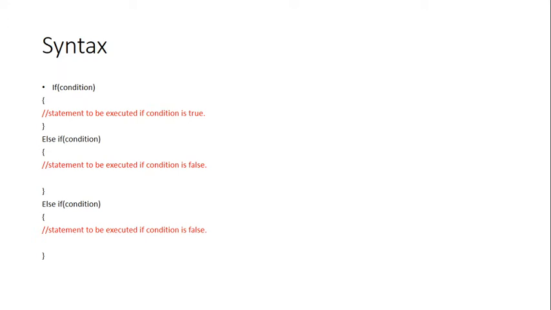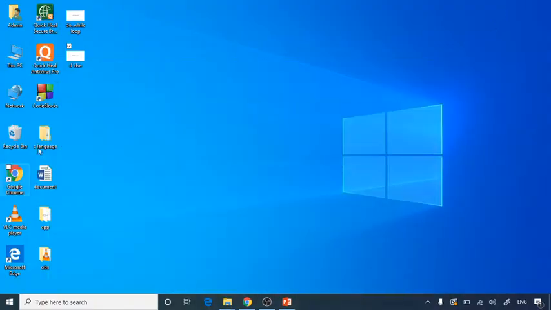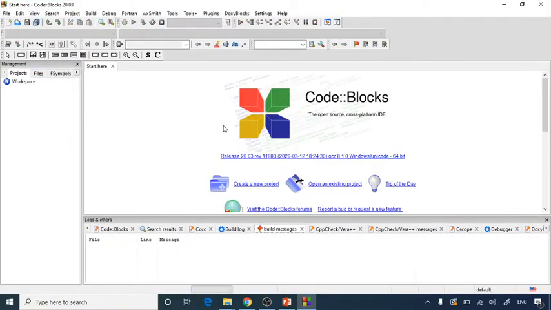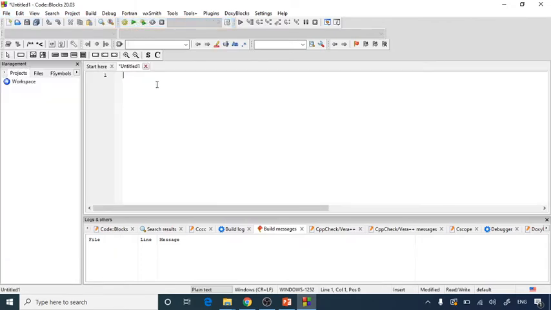We will look at one program example of using nested if-else. We can make an application of choosing a number and checking whether the number is a prime number or not. Prime numbers are those numbers for which we check the divisibility. Prime numbers are those which are divisible only by themselves and one. No other divisors are possible. So we will start with an empty new file.